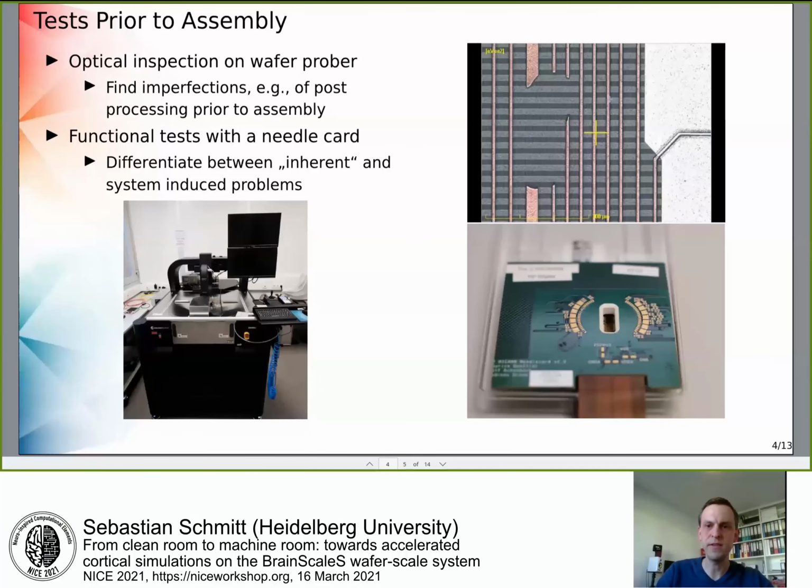For example, you can see in the upper right imperfections, for example, from the post-processing. And this is important to do because at the later stage, you need to know where the error comes from. Is it because of an already faulty connection on the wafer, or is it something that comes from the